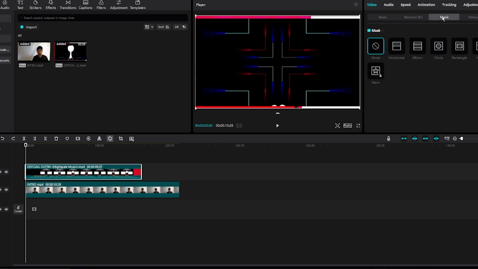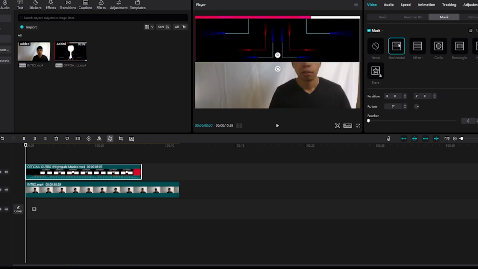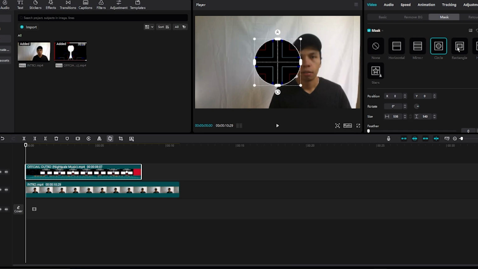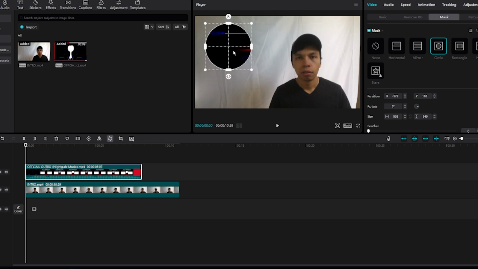Under the mask option or icon, we have a couple different options: a horizontal mask, a mirror mask, a circle mask, a rectangle, and a heart. In this case, I like circle, and now you can click and hold on your video clip, and as you can see now, if we click play,